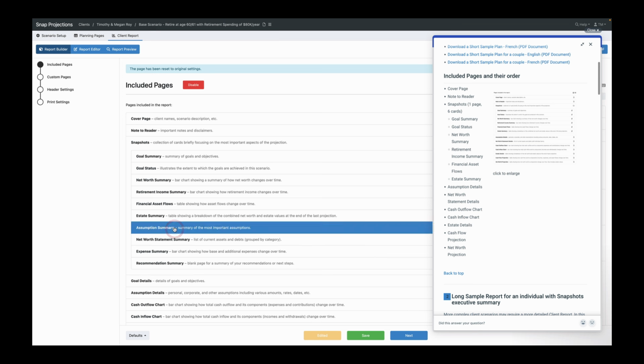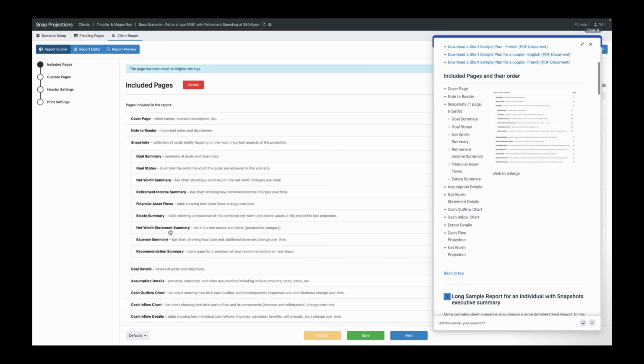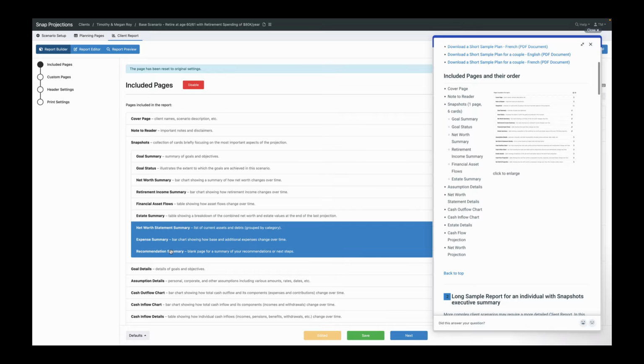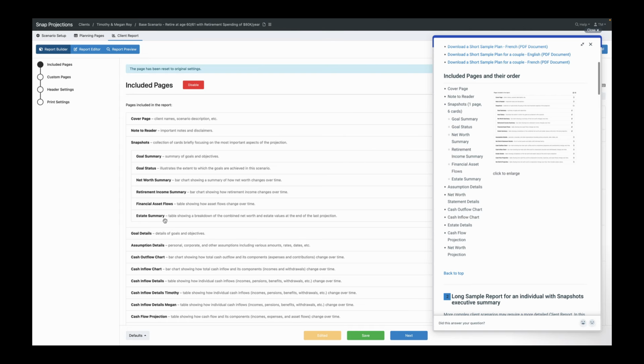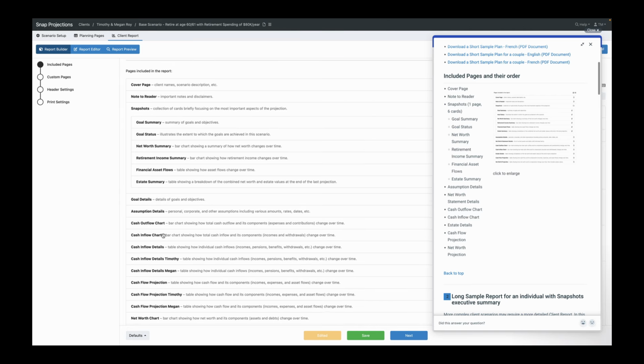So the remaining four I can click on and just drag out. If I want to do more than one at a time, I can press Shift and click down to the end and again drag them out. So that finishes up our snapshots area. So next we have